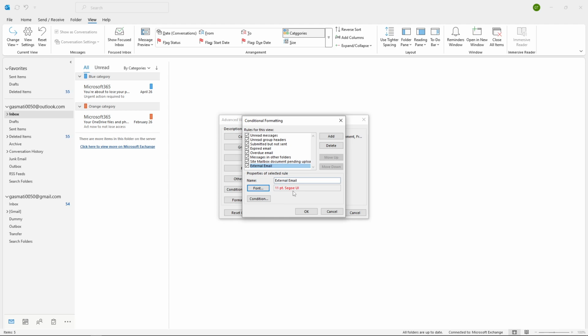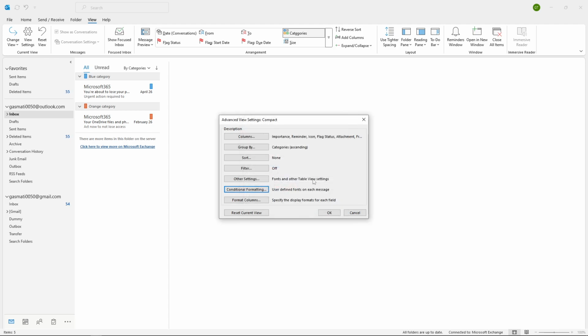And that's it. You've successfully set up Outlook to mark external emails in a different color, giving you better control and awareness over your